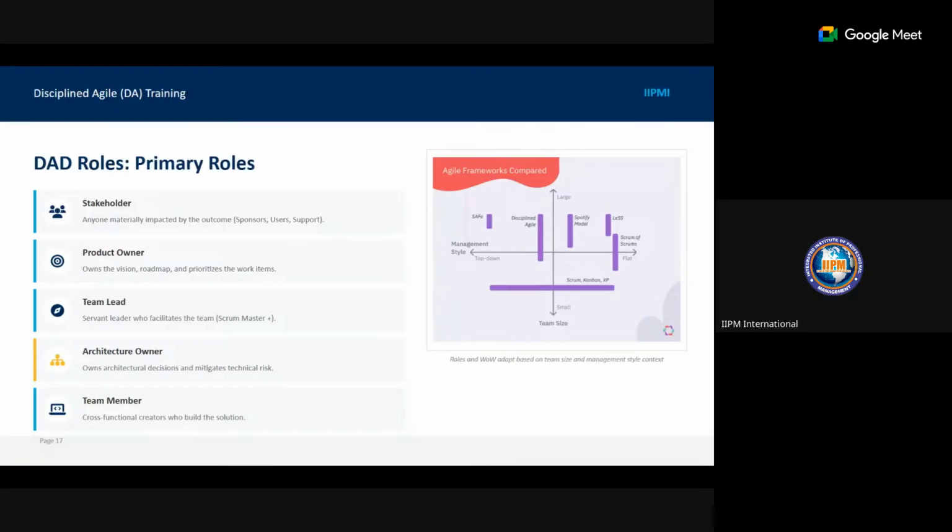So if you go back to Scrum and look at this, the only person we've added here is actually the stakeholder.